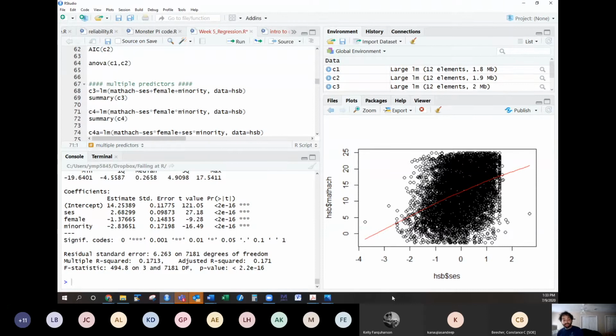And so on average, there are differences between males and females in math achievement, controlling for SES and minority status. There are differences between white and minority students controlling for sex and poverty, and then there are impacts of SES controlling for sex and